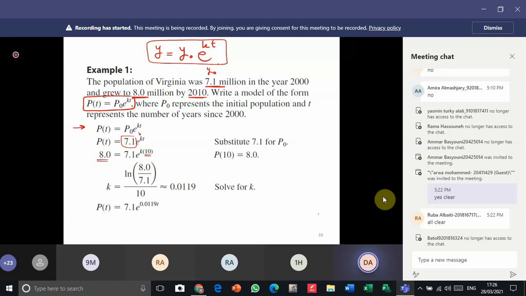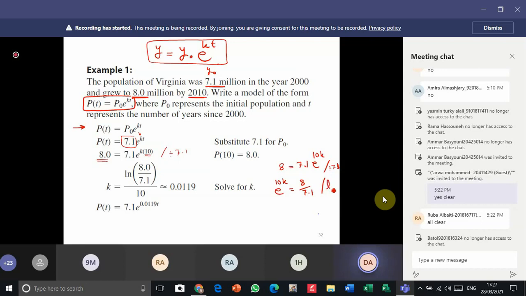So we have 8 equals 7.1 e to the power 10k. Firstly, divide by 7.1. So we have e to the power 10k equals 8 over